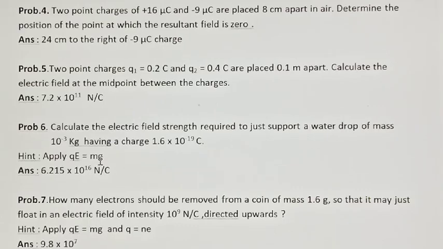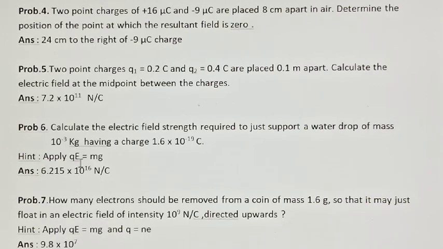Now one point is very clear here, that the weight of the water drop acts vertically downward. So to balance it, this water drop has to experience a force in the upward direction. So what is the amount of force here? It is QE, acting in the upward direction, and it is very clear that the electric field is directed upward, such that the positive charge experiences a force in the upward direction,